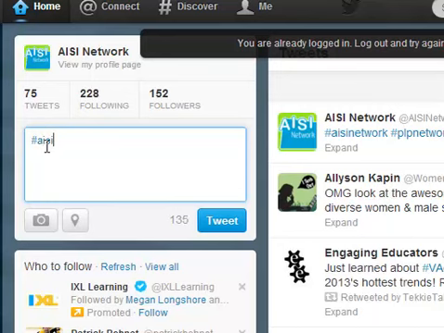Now, you might decide to type in AC Network, if that's the hashtag you're going to be using if you're with AC, or you might decide to put in PLP Network, or you might decide to put in both just so you can follow both hashtags. Now, what do I mean by that? The hashtag is going to bring everybody who is part of this chat together. Even if we're not following each other, even if we don't know who each other is, the hashtag will be the unifier. So once you type in the hashtag, you will actually click this and tweet it.